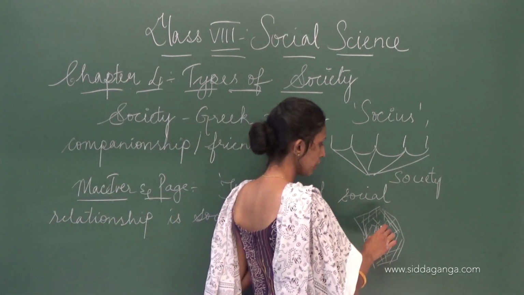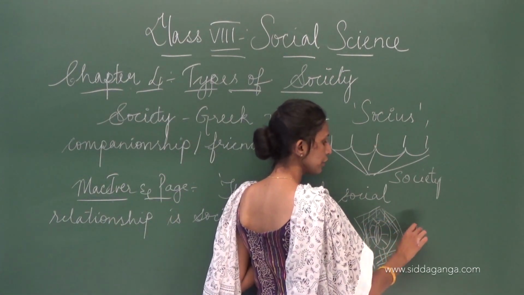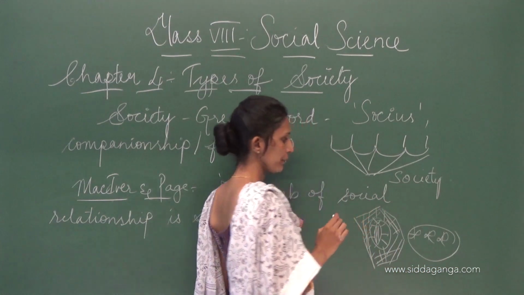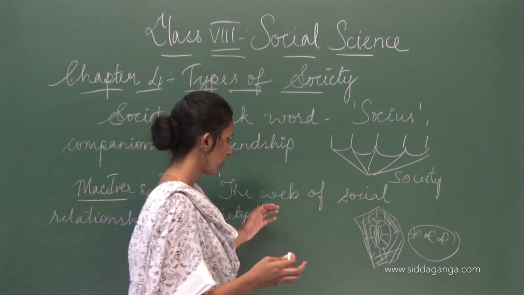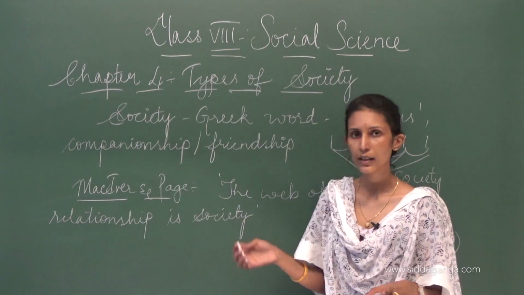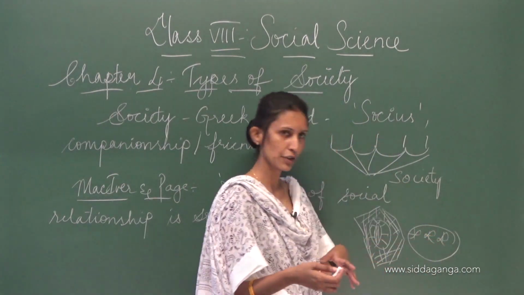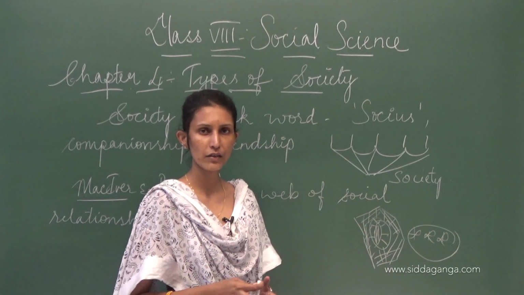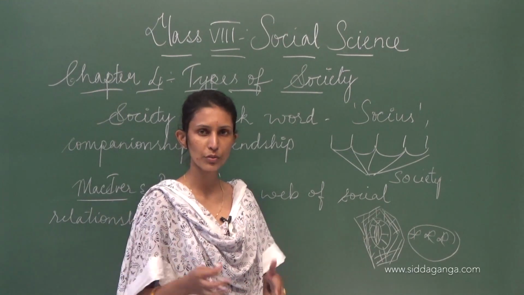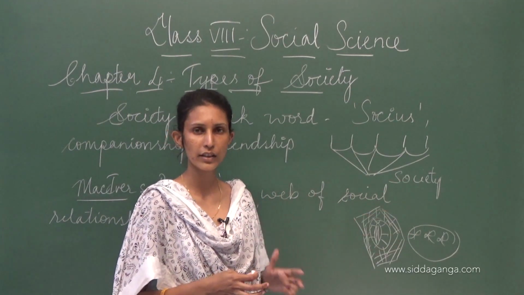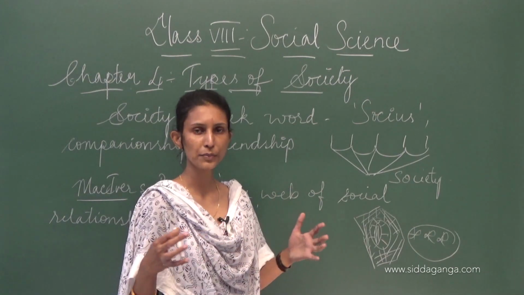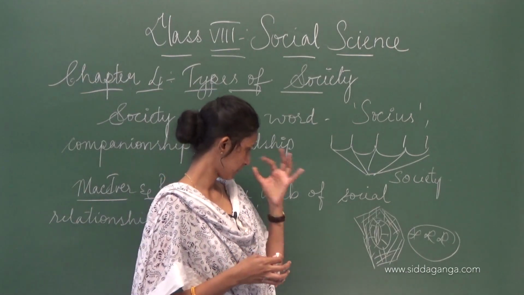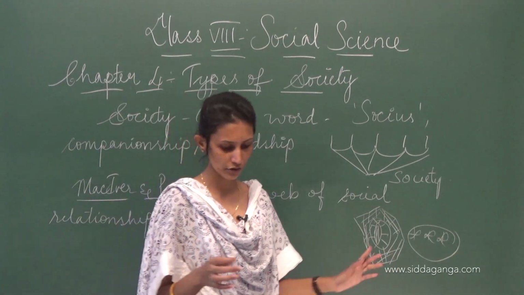Now just take it like a spider. All human beings are forming a web, that is, coming together, a web. A web of social relationships is society. Now we have social relationships. Maybe it is our friend, maybe it's our neighbor, maybe a teacher in the school, maybe the doctor in the neighborhood, the farmer who is working in the field. Our relationships are there with people, isn't it? They are all a part of the neighborhood. The social relationships that are there, that is called society by them.